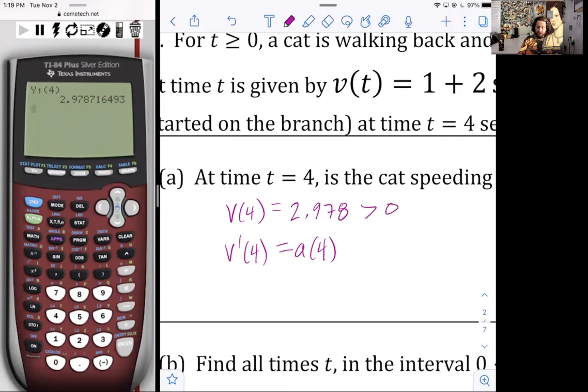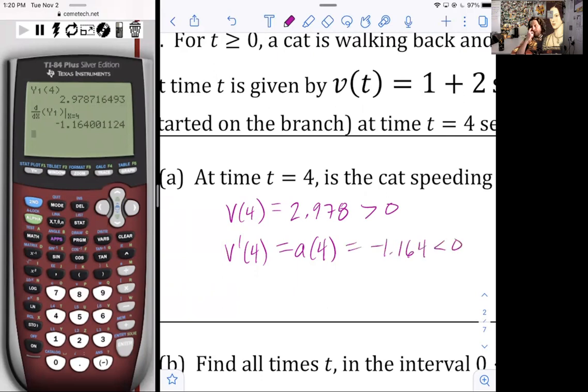And then v prime of 4, we'll do math 8, the derivative with respect to x of what's in alpha 1. Oops. I said I wasn't going to graph it, but I accidentally hit graph. All right, so alpha trace number 1 at 4, that's the instantaneous acceleration, and it equals negative 1.164,